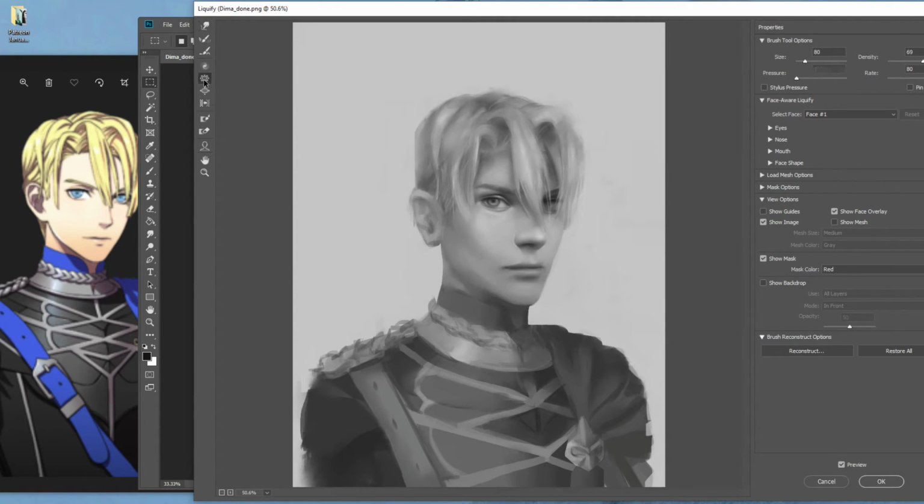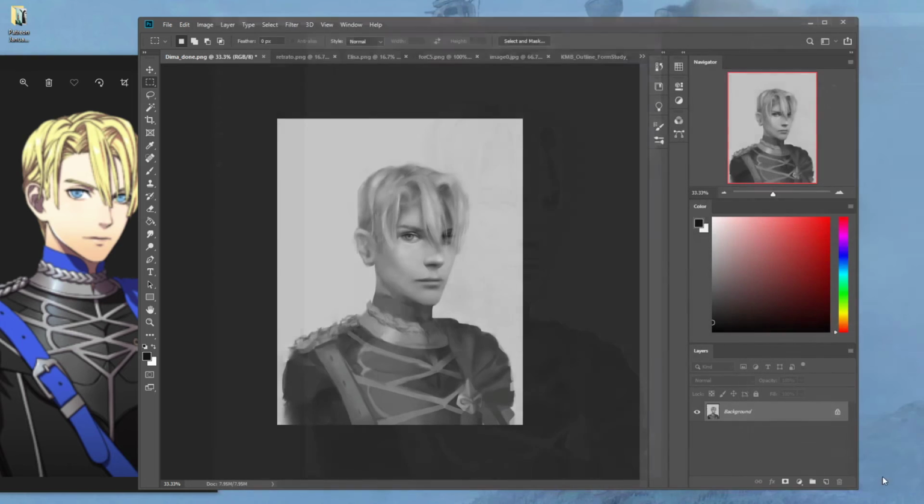Slowly but surely. I really want to thin out the lips. And I want to bring down the corner of the eye so it reads as a bit more male. The head is a bit large for the body.